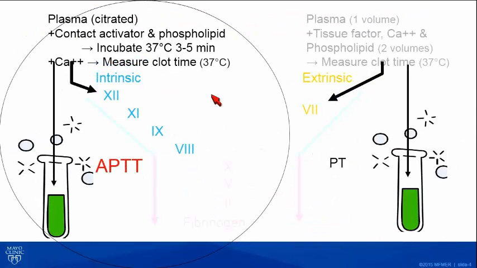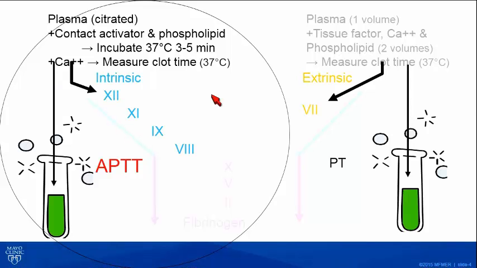So this recapitulates how we do a PTT test. We have citrated plasma. We add a contact activator like silica or ellagic acid and phospholipid, and then we pre-activate by incubating to maximally activate the contact system. Then, in a second step, it's recalcified, and the clotting time is measured, and it's sensitive, as mentioned, to all